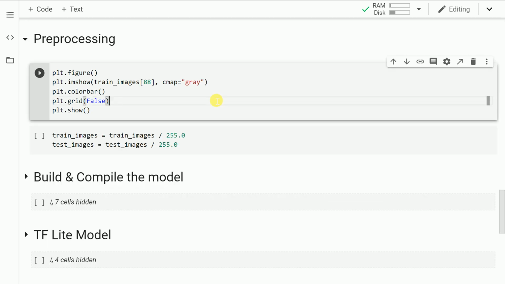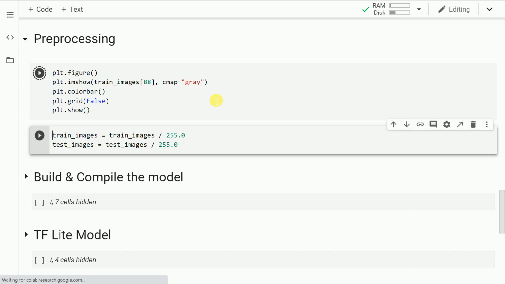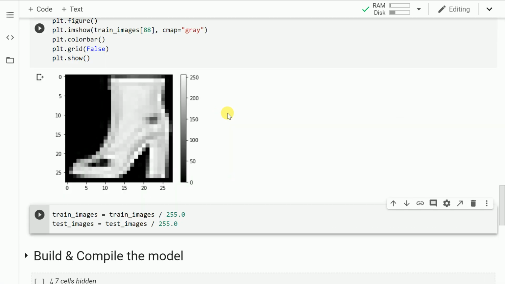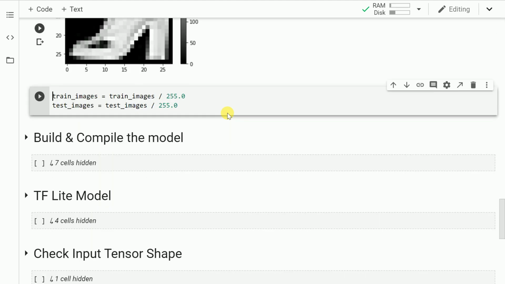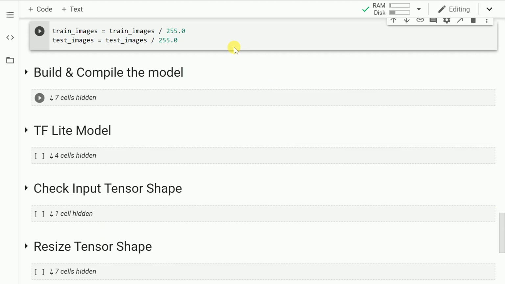Before we start the pre-processing activity, it is a good practice to look at one sample image. So let me run this cell to visualize one of the sample training images. The dimensions of this image is 28 x 28. The image intensity values range from 0 to 255.